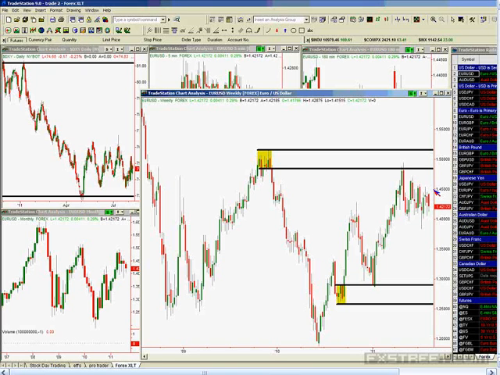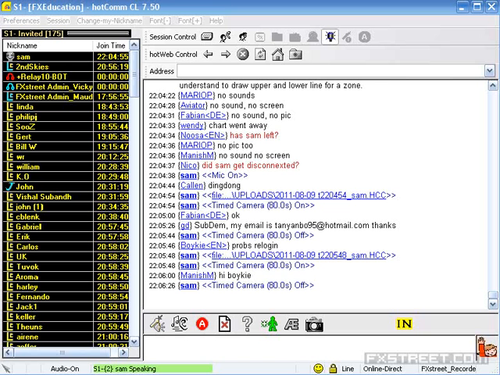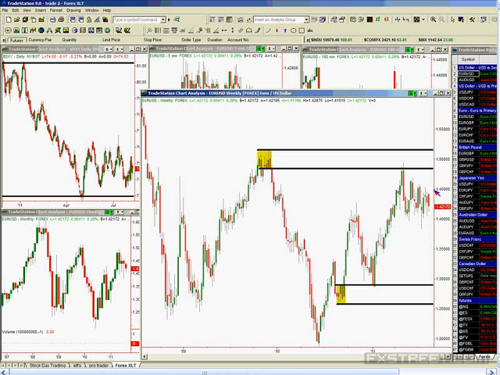But I think we can add one level here. And I'm going to draw that in for you, and then I'll grab the chart again, and we'll talk about it. There's that one. So on the weekly chart, these are the three turning points, three areas where we would expect